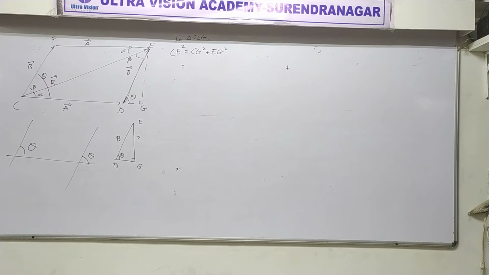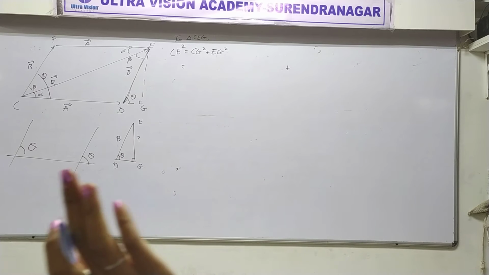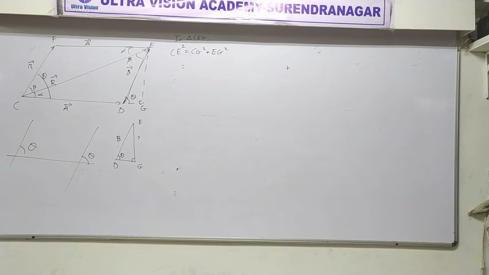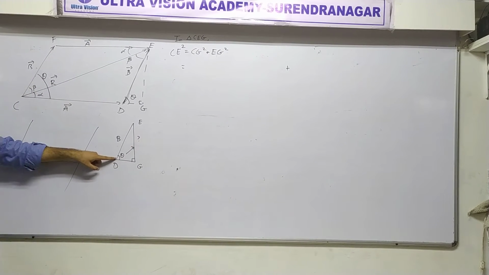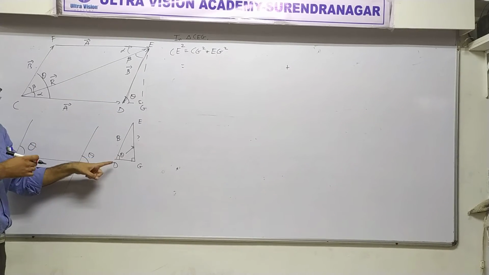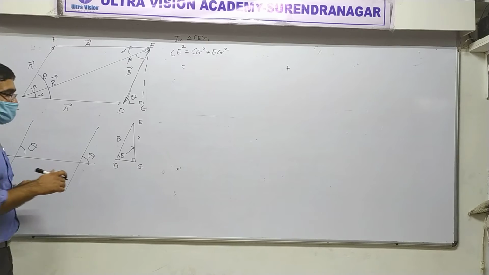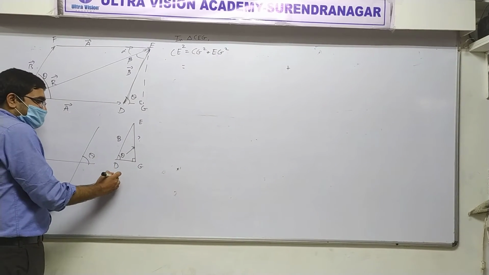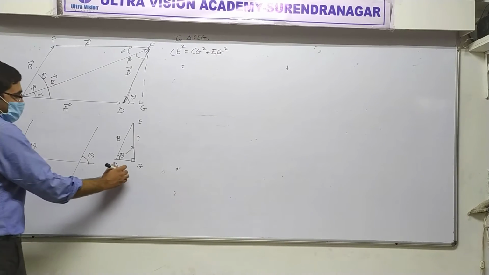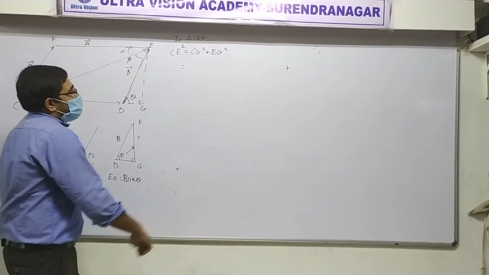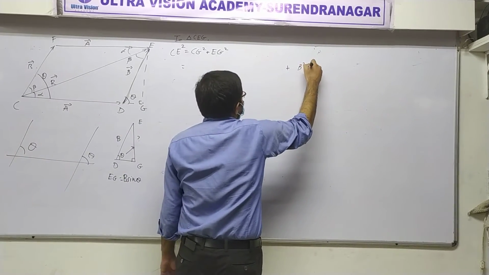Yes, we are done. How many of you have finished it? How many of you have found EG? Trigonometry, we want to find EG, correct or not? Yes. And theta is here. So from this, if I want to find this, what ratio should I use? Opposite, so we should use sine because we know the hypotenuse. Yes or no? Yes. Okay, so if you do that, what do we get? EG equal to B sin theta. Fine? Yes. Here we have to put it: B squared sin squared theta.